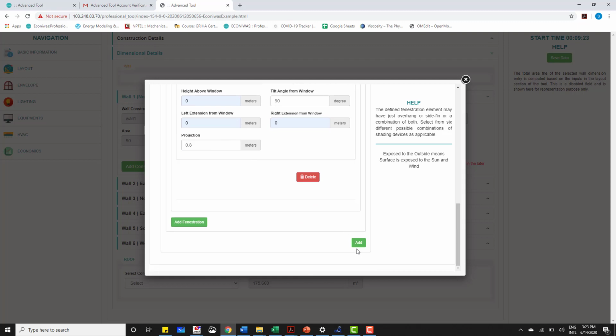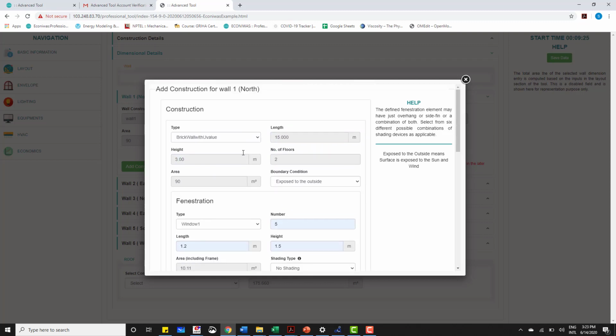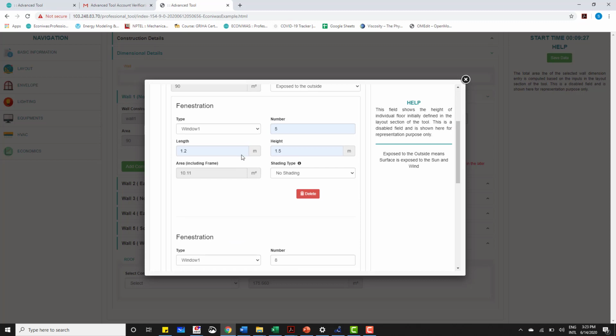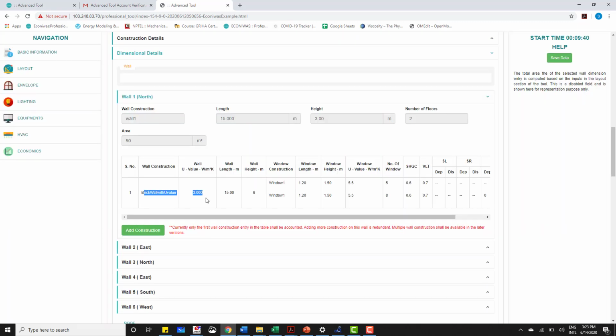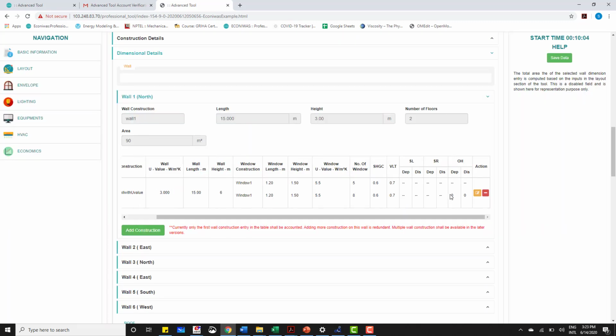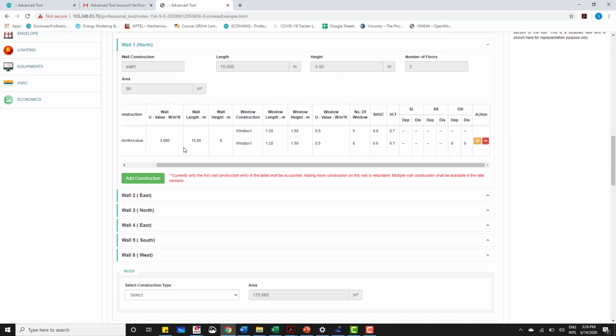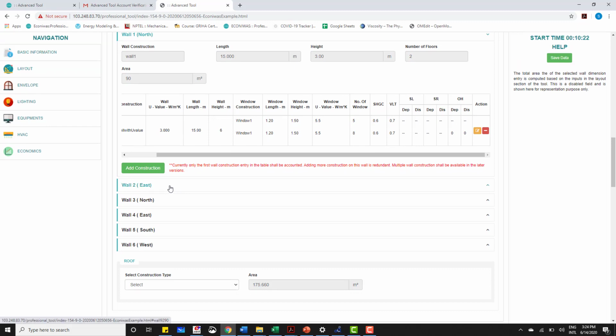So finally, if we have finished defining all the walls, the fenestration types and the overhang type on this particular wall, we need to click on this add button. As soon as we click on this add button, this particular material assembly for the wall, along with all the shading elements that we have defined while making this construction, would appear on this populated table. Now there is an option to delete this construction and edit this construction as well. Similarly, we will fill the required information in all the other walls as well. So let's just quickly finish that.